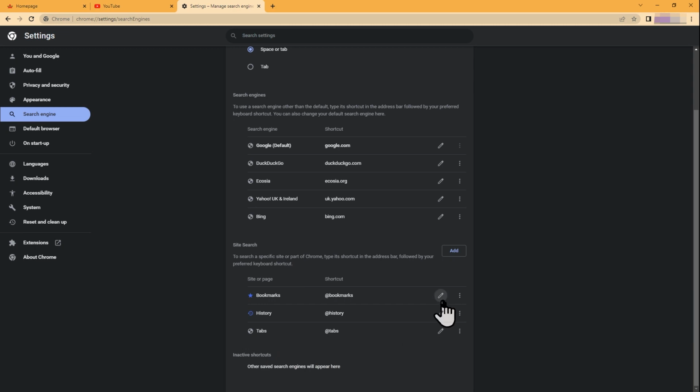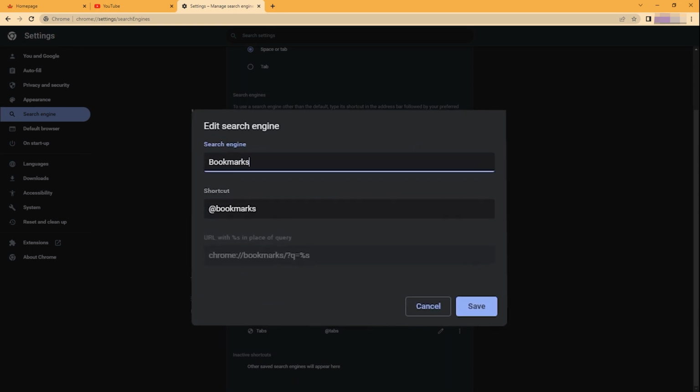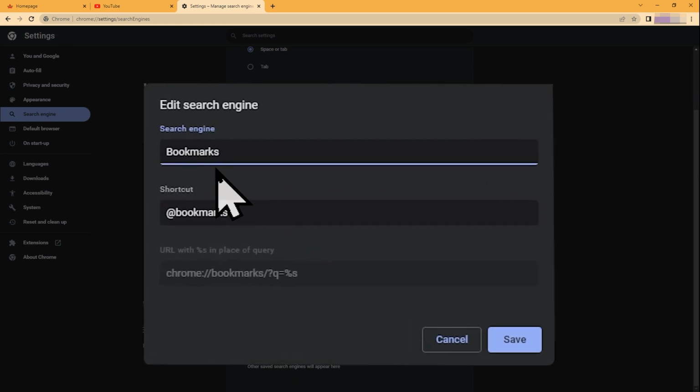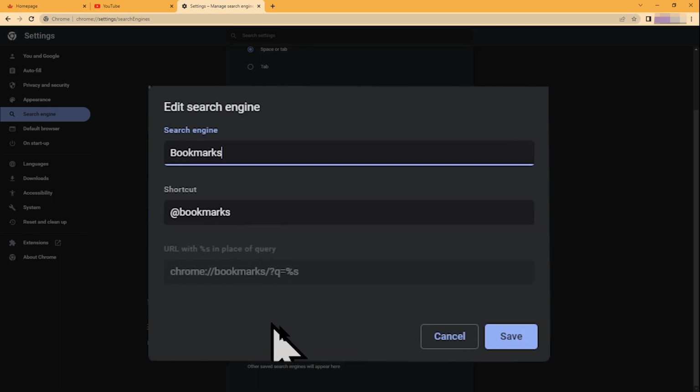You can edit these by clicking on the edit icon. I believe that the search engine field is the name of the shortcut, so it can be anything you want. The shortcut is the characters that you type in the address bar. Google is prefixing their 3 default shortcuts with @, but there is nothing that forces you to keep the @ or the shortcut that Google has defined for @tabs, @history or @bookmarks. The final field is greyed out because this is fixed for these 3 built-in shortcuts.